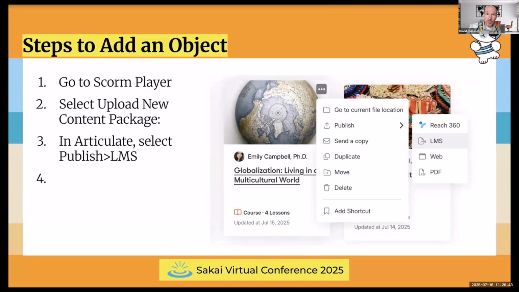Now, some of those modules can be pretty large in size. Some of the modules we download from Articulate Rise are maybe between 20 megabytes and 30 megabytes. Some of them are a lot larger. So just keep that in mind as far as what you're expecting to pull down and then throw students to.